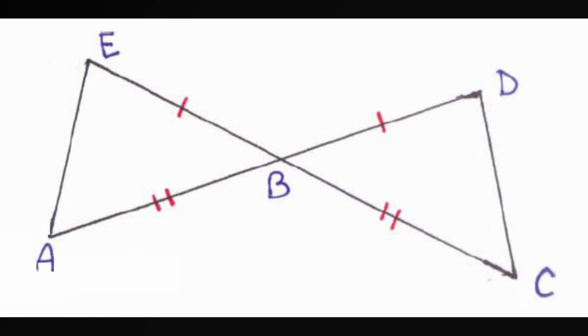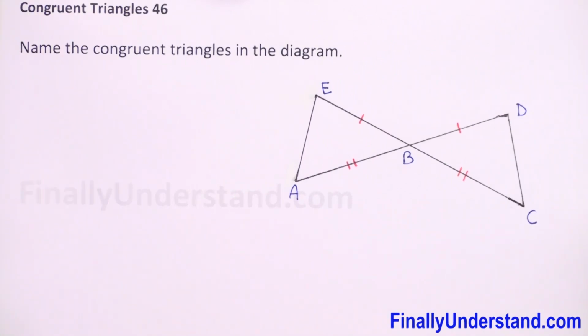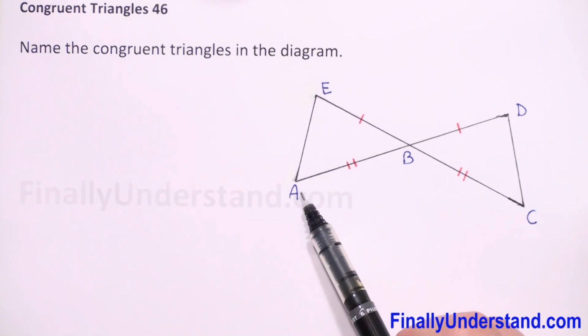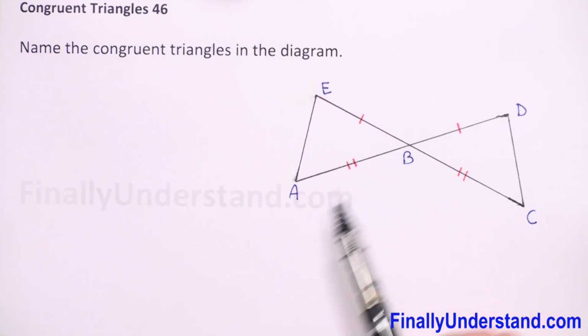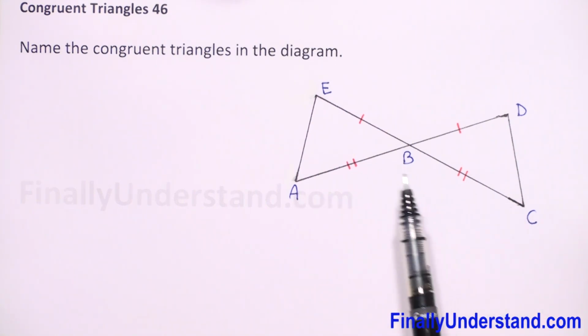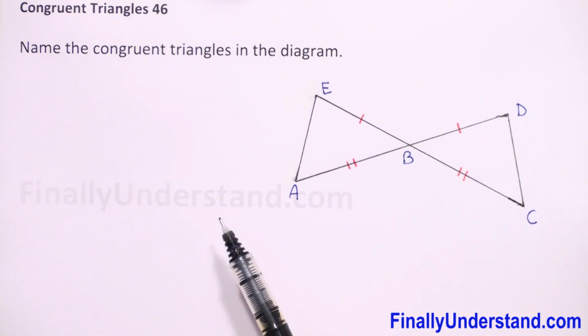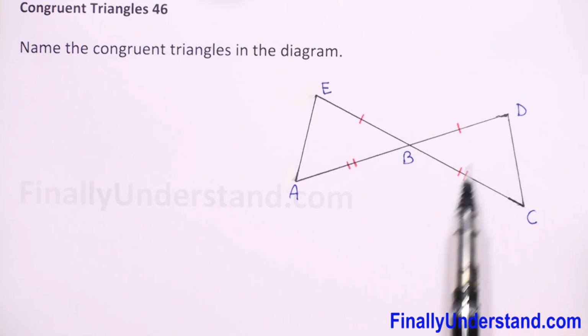We have to name the congruent triangles in the diagram. The red marks on the diagram show us that segment AB is congruent to CB and BE is congruent to BD. So we can write that